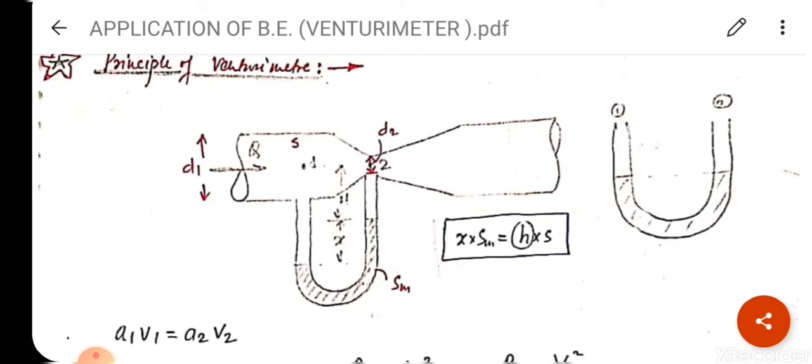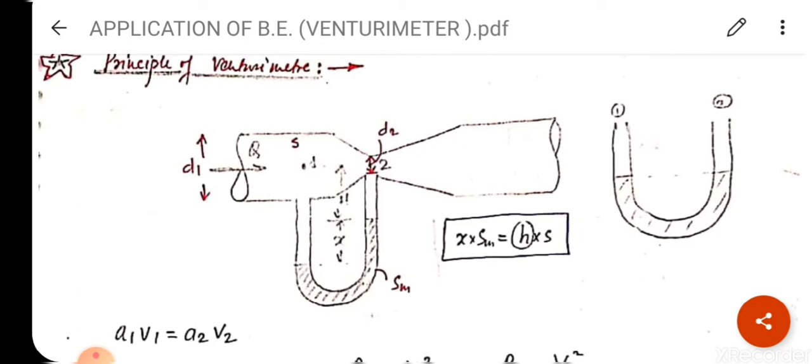So if you want to change one column into another column, the formula used is H1S1 is equal to H2S2. I have already explained ρ1 H1 is equal to ρ2 H2. Clear? So here I write X into Sm, this is the manometric fluid. So relative density, I will write X into Sm is equal to, in terms of water column,